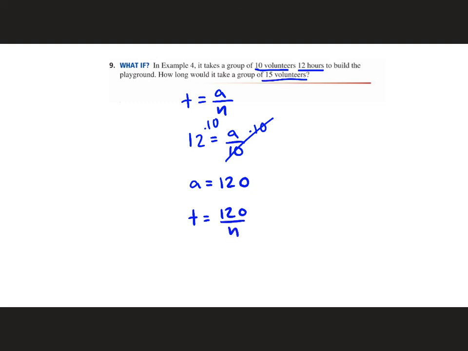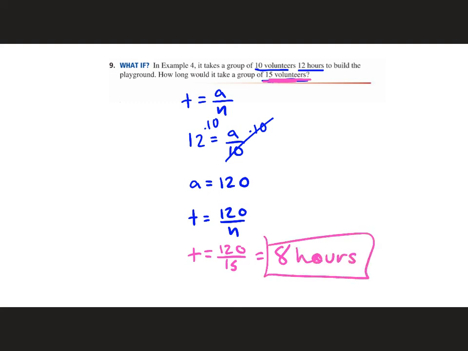How can we find out how long it takes a group of 15 volunteers? Plug in 15 for n. Awesome. So 120 divided by 15. 8 what? 8 hours. Perfect. 8 hours. Does it matter? n is the number of volunteers. That's what n stands for. t is time. So that's how we know 12 went here and number of volunteers went here. Okay, but if the function is different and it's not volunteers and time,